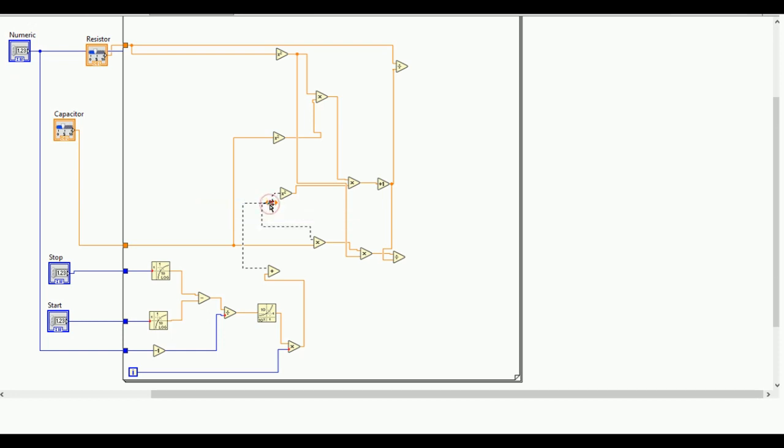One more thing. Sometimes it's showing not, I don't know why. So this is the plus, and this will be the start.